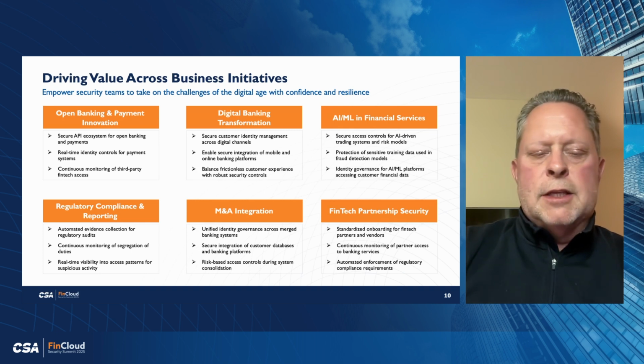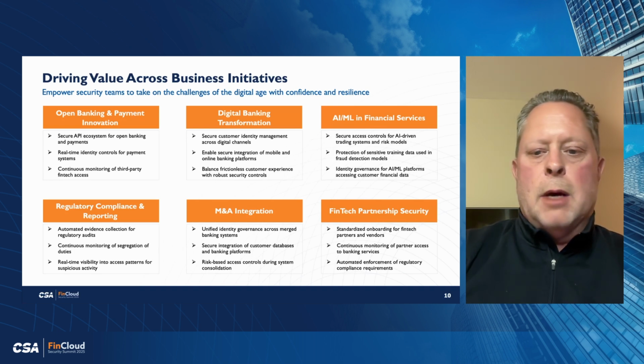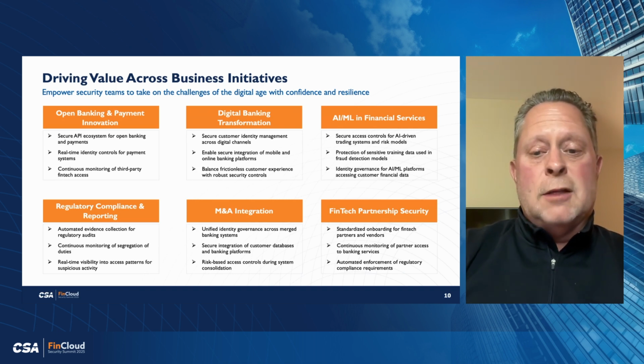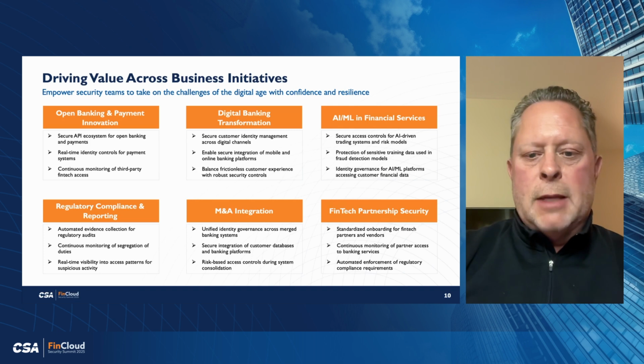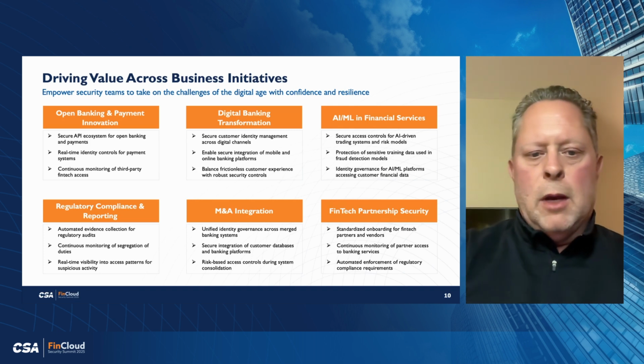AI and machine learning is a significant driver here because the way AI works behind the scenes is a bunch of machine identities being trained on and accessing data. So recognizing and understanding how both AI and ML are interacting with your data, and recognizing how important it is to understand who has access to that data, whether it's training data or the data that's live and actually being queried by these AI models. It's really, really important, especially when we start thinking about the future of things like agentic AI, where an agent needs to basically take on the access pattern of the person requesting it. How and where can that be done? And is it done properly?